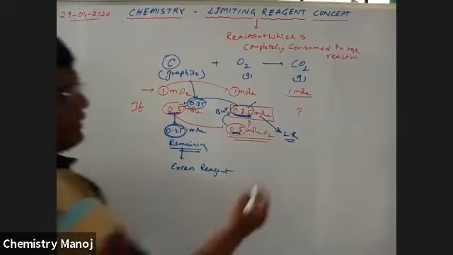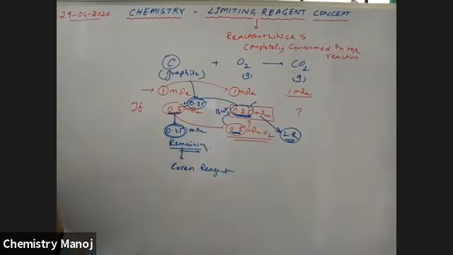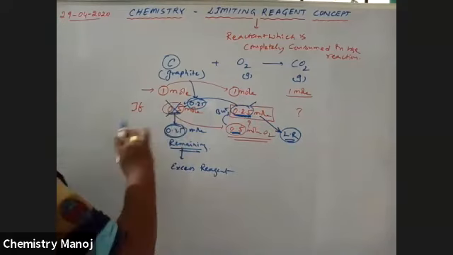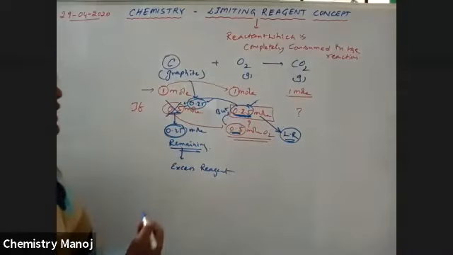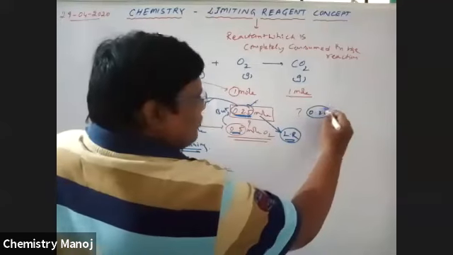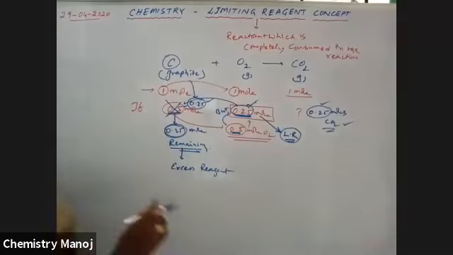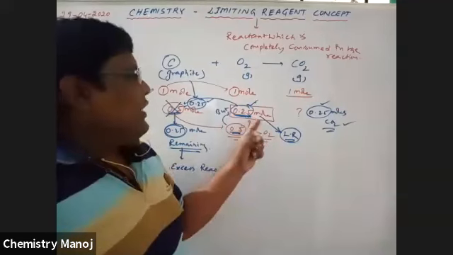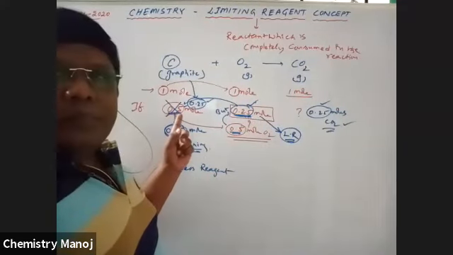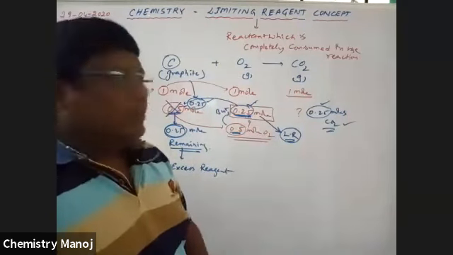This reagent is called the excess reagent, and this reagent is called the limiting reagent. The limiting reagent is completely consumed, while something remains of the other after completion of the reaction. Here 0.5 mole is not involved in the reaction, only 0.25 is involved. Now it gives 0.25 moles of CO2. So the answer is 0.25, not 0.5. Our answer is only with respect to the limiting reagent, not the excess reagent.